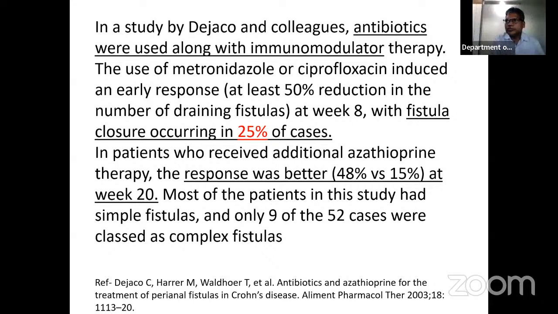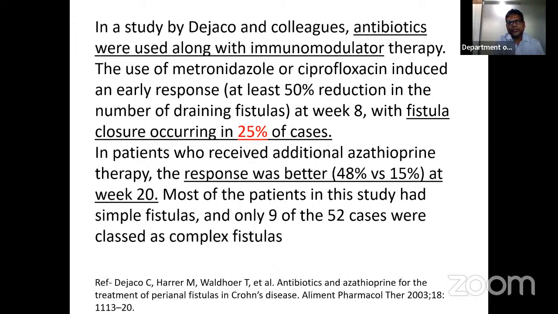In a study by Dejaco and colleagues, antibiotics were used along with immunomodulator therapy. The use of metronidazole or ciprofloxacin induced an early response, defined as at least 50% reduction in the number of draining fistulas at week 8, with fistula closure occurring in 25% of cases. In patients who received additional azathioprine therapy, the response was better, that is 48% as compared to 15% at week 20. Most of the patients in this study had simple fistulas, and only 9 of the 52 cases were classed